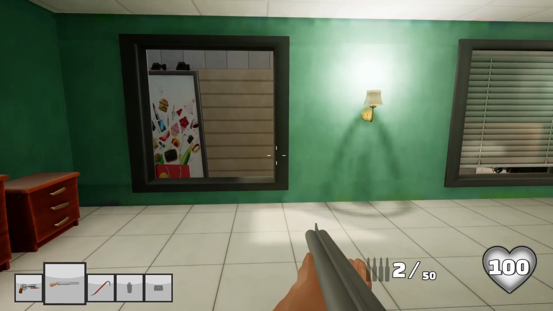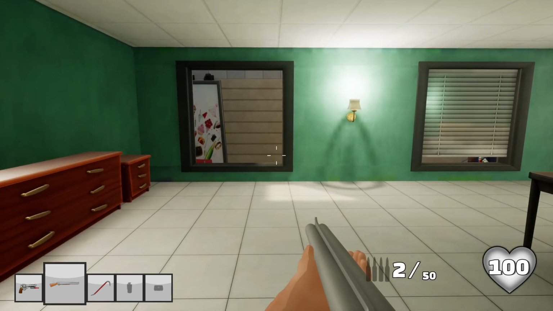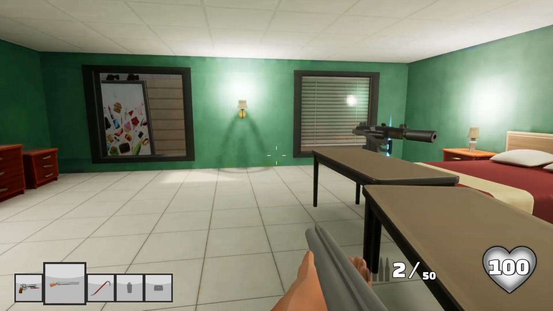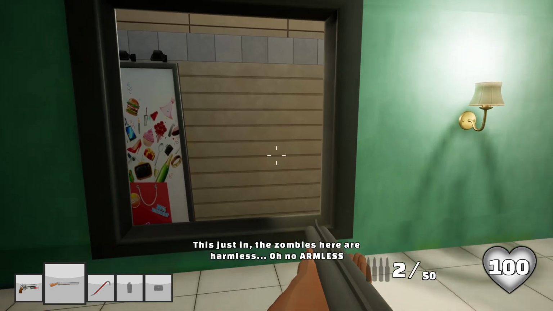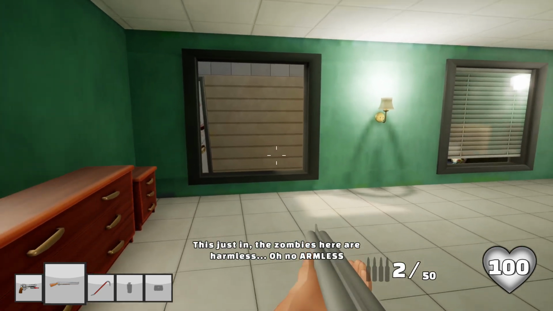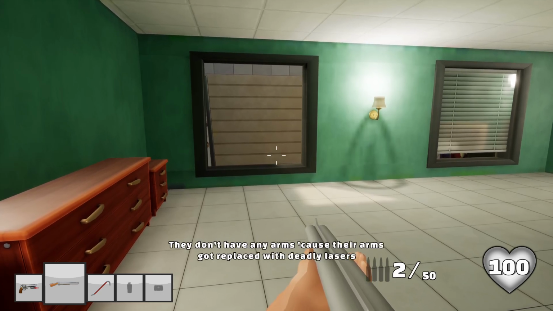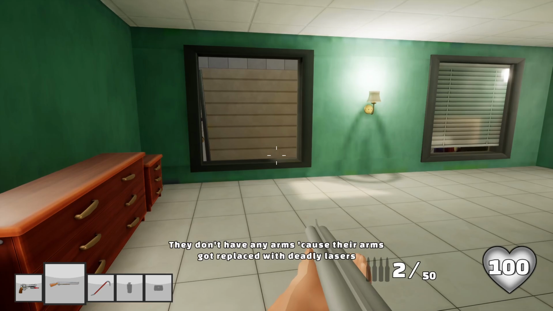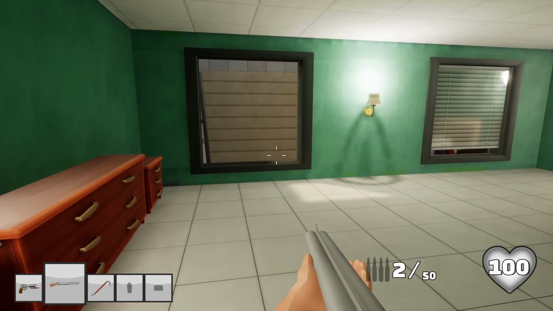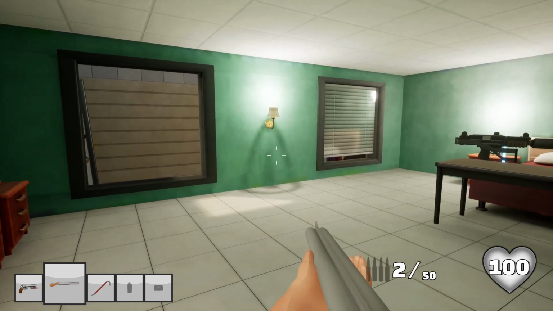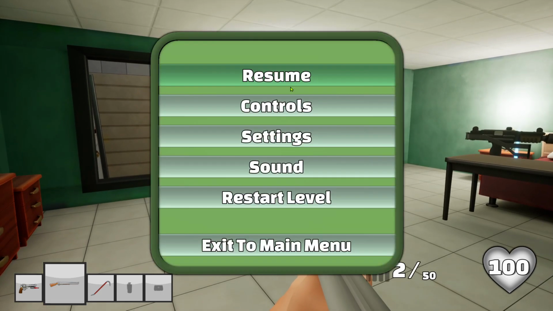If I'm running NVDA, those are going to conflict, and so I wouldn't be able to move around like I am right now. Forward, backward, left, right. The zombies are harmless? Oh, no, no. Armless. They don't have any arms because their arms got replaced with deadly lasers. Can you believe that? Yeah, anyway, like I said, I'll cover this in a future video, but